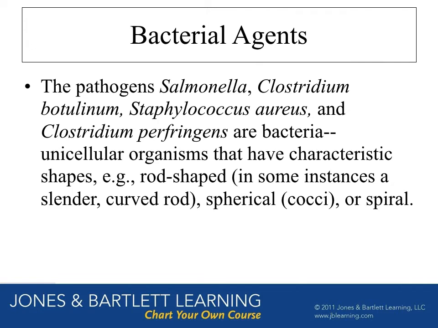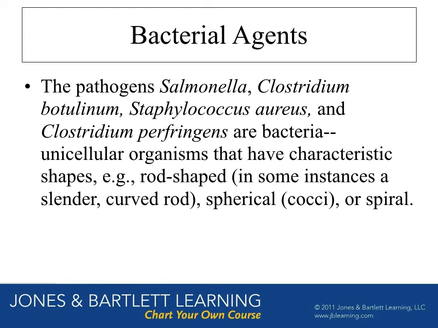The bacterial agents are the things that I think we're most familiar with and probably need to deal with the most, except in rare cases, in a public health and environmental health standpoint. Salmonella, Clostridium botulinum, otherwise known as botulism, Staph aureus, Clostridium, norovirus, and some other things we'll talk about in a little more detail. They're bacteria. They're one-celled organisms that have rod shapes or curved, and there are many diagnostics for these, visual as well as chemical. But these form the biggest group of things that we typically think about and see in public health as far as